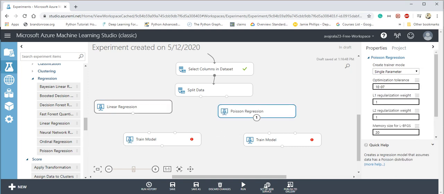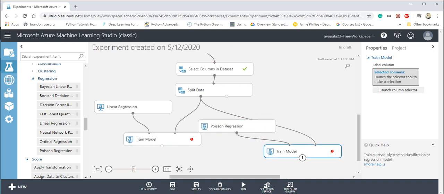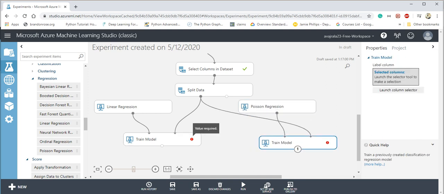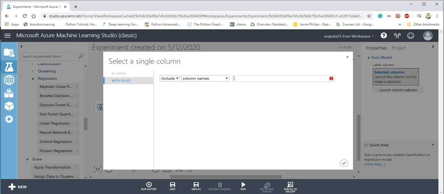We will connect the training data to this, and we'll connect the training data to the other modeling technique as well. We will connect the modeling technique we want to use. You can see there are errors because we didn't select the target label here. We'll launch the column selector and select price as the target label, and then click OK.